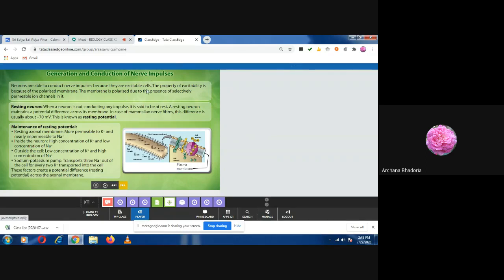The nerve cells are excitable cells, and this excitability is due to the polarized membrane. The membrane of the axon is a polarized membrane. And why do we say polarized membrane? Because of the presence of selectively permeable ion channels. You know the plasma membrane is selectively permeable, and it is having the